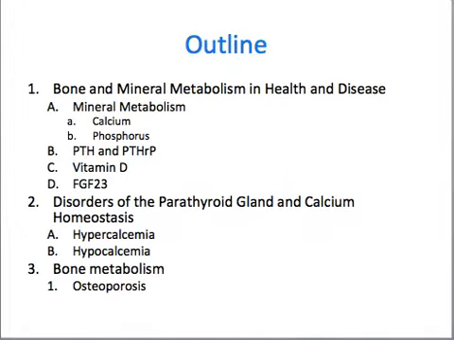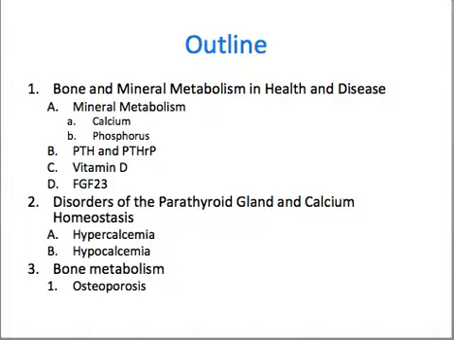We're going to talk about bone and mineral metabolism, particularly calcium and phosphorus and the different hormones that control your mineral metabolism, particularly your PTH, and in pathologic states, your PTH related peptide, and then your vitamin D and also your FGF23. And then we're going to discuss the different disorders of the parathyroid gland and how they affect calcium homeostasis. So we're going to talk about disorders causing hypercalcemia and disorders causing hypocalcemia. And lastly, we're going to talk about